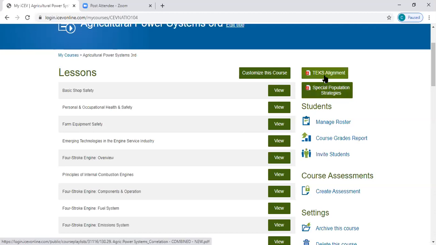The reason I like to show the scope and sequence is we have an order we think's best, but we don't know that's the way you want to teach it. So we give you this course. Now, if you're Canvas and Schoology, again, you're going to be able to just pick and choose when you build those modules, so you really don't have to go through the customization piece. But if you're using us direct, your students are going direct to iCEV, you may want to use this customization piece. So when I click customize this course,